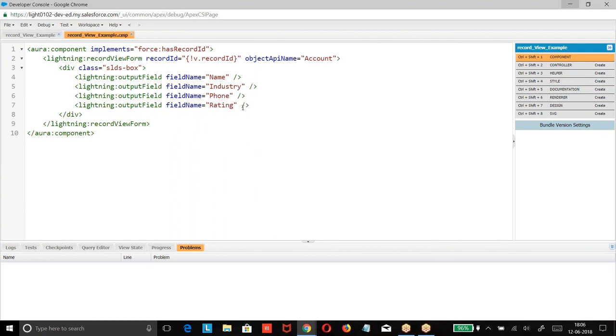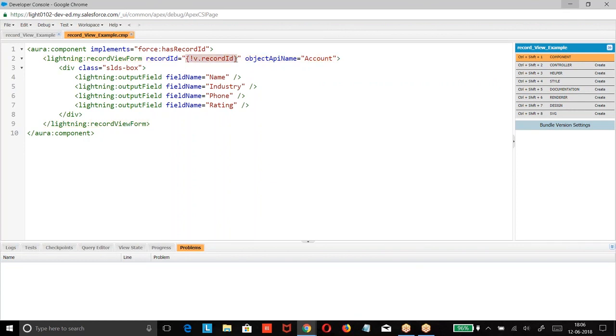So what I am doing, I am referring to the record which was in the URL. The moment I implement force:hasRecordId, whatever record ID is given in the URL, or the record from where we are calling this component, that record ID is going to be fetched. That record ID I am passing.